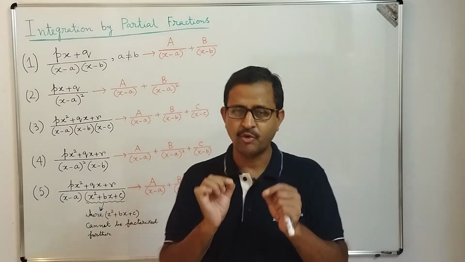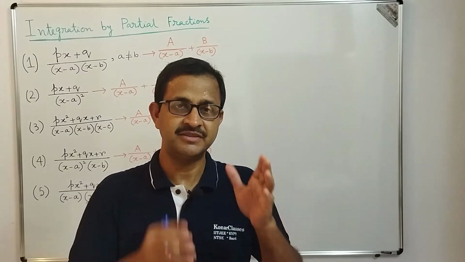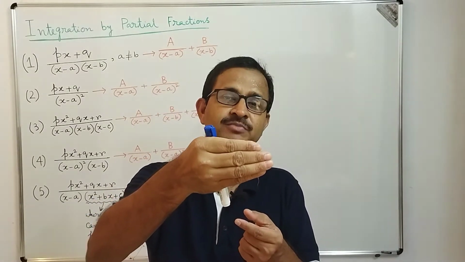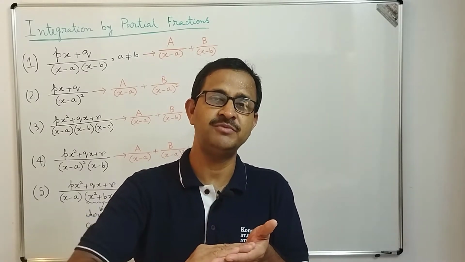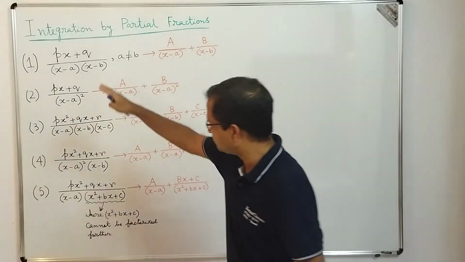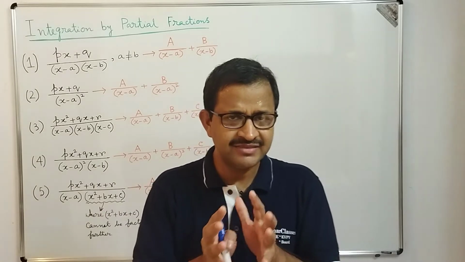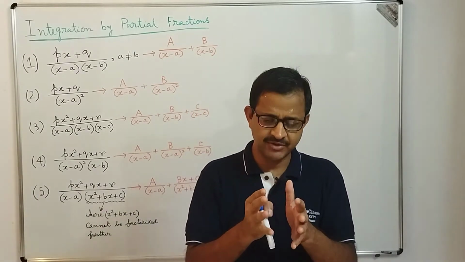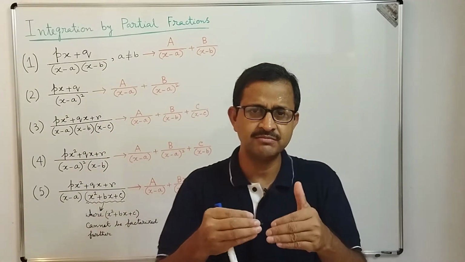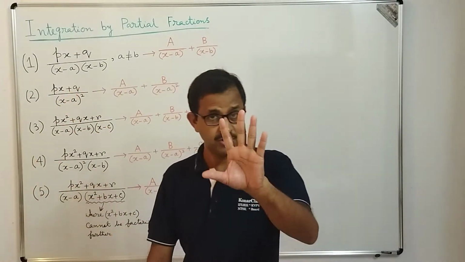So the main point is that, dear students, just by looking at one integration, where the integrand is expressed in the form of a polynomial function in the numerator and a polynomial function in the denominator, first you need to think about what rule I need to apply. Out of these 5 rules, which one I need to apply? Number 1. Number 2, we will see that there are some cases where it is not directly in this form, but by using some kind of substitution, we can make it into this kind of form. We will look into those.